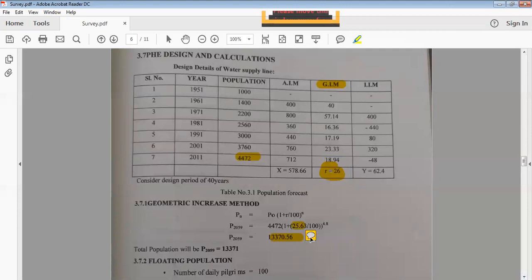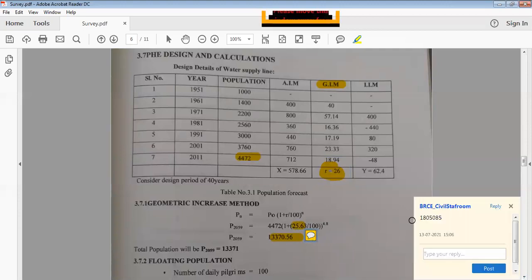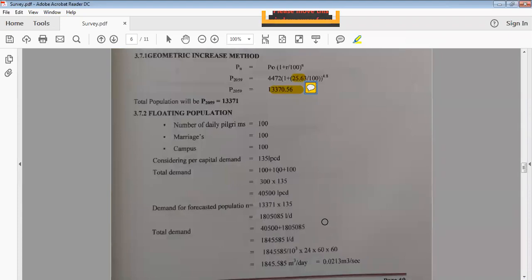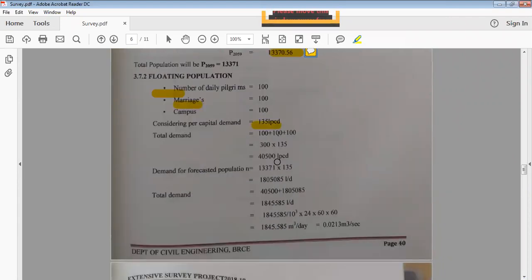So this is the population data they calculated. Actually, it should be this much. They did something wrong. It should be 1 lakh 80,000 something. Okay. Then, Nandi Hill is very famous for visitors, so obviously demand will be varying, right? Pilgrims will come to visit temples, marriages will be there, campus. So per capita demand will be varying. So we have to find out the total demand as this much at the end, knowing all the variation,